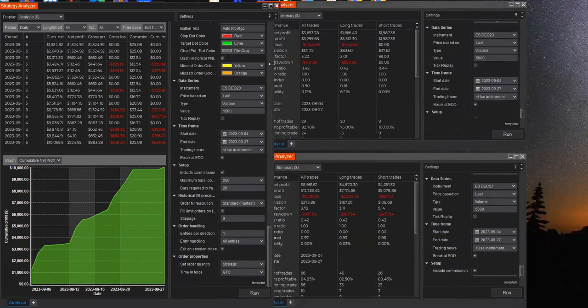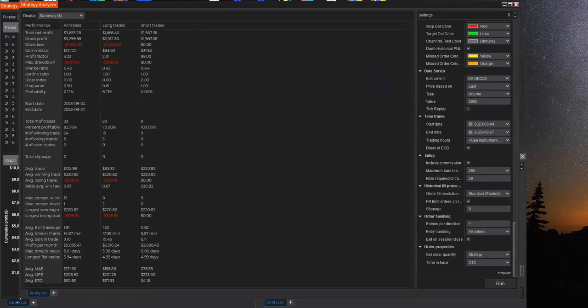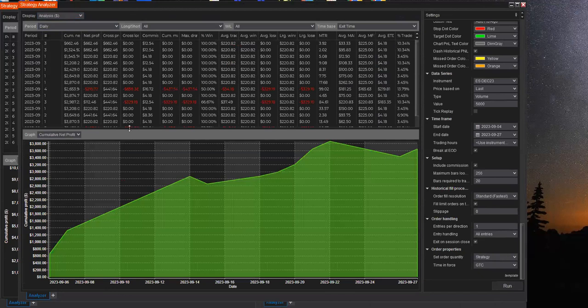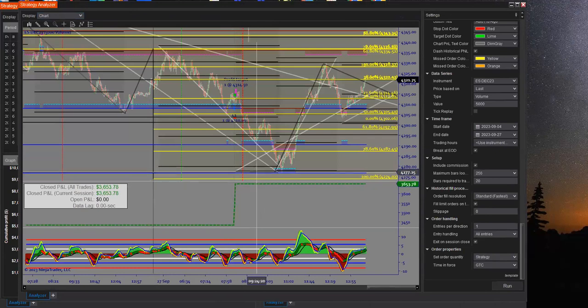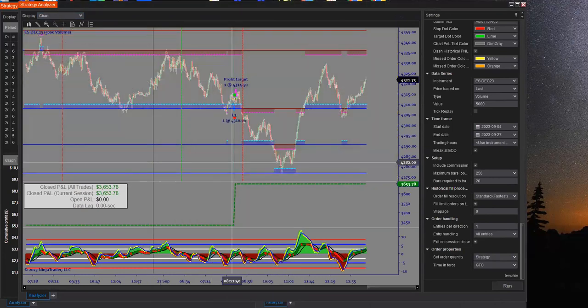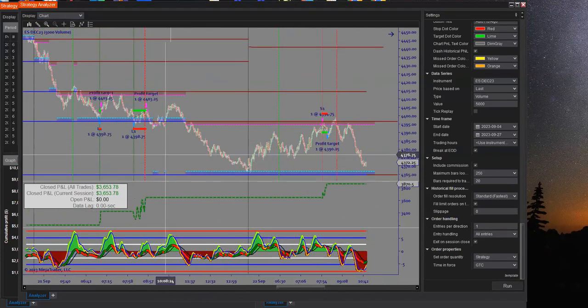Let me just go to this. I'm going to show you two templates here for a second. We're going to do this one first, and then we're going to go to that one in a minute. So here's a great example of this one here. Huge profit factors, right? This one has fewer trades on purpose. This one was designed to be restrictive, but it's very, very effective, and it does what it's supposed to do. I'm going to have to clear that because that's not what I want. There we go. Let's go back and take a look at some of these trades.